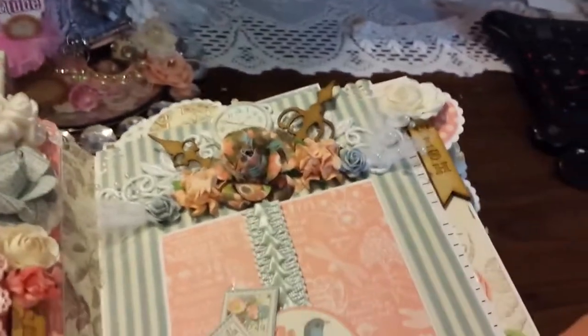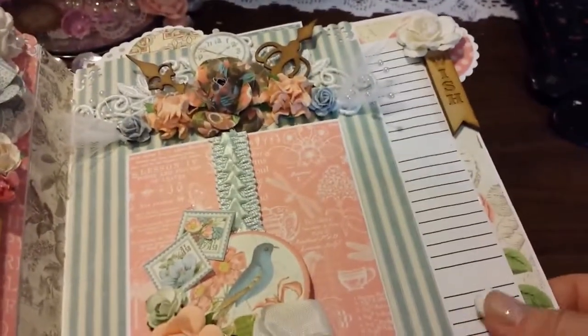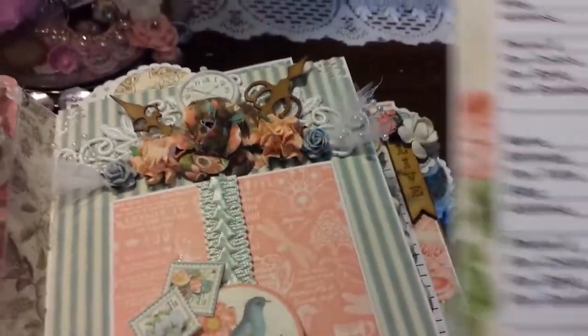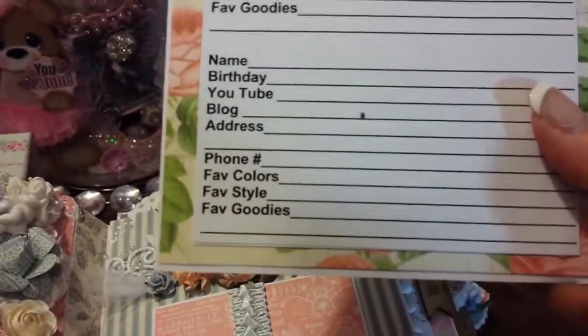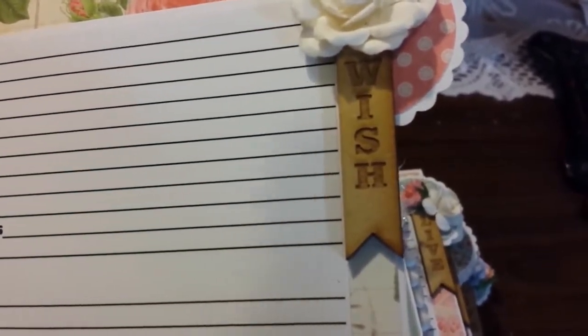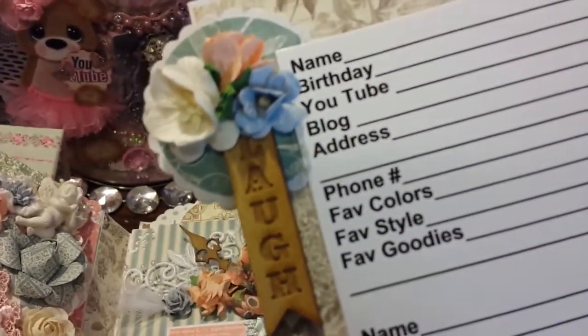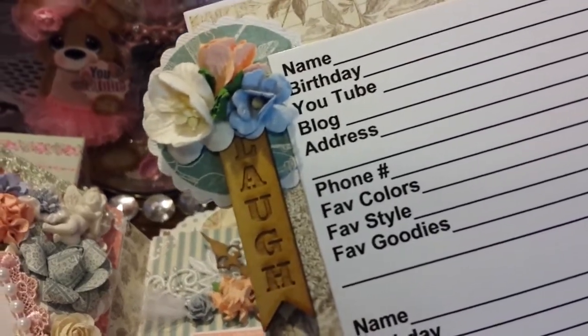So let's see. I also added pockets on the side of each page, and I'm going to pull this first one out, and there's room for 1, 2, 3 on this page, and there's a Wild Orchid Craft flower and a SaCrafters wish banner. Then also on the other side, 3, and there's another SaCrafters banner. So on each side there's going to be the same thing and a banner, so that when